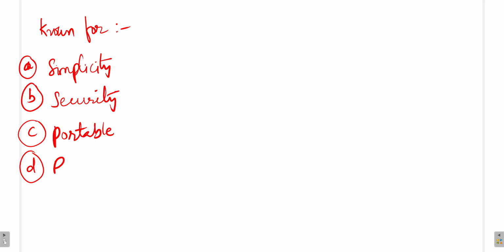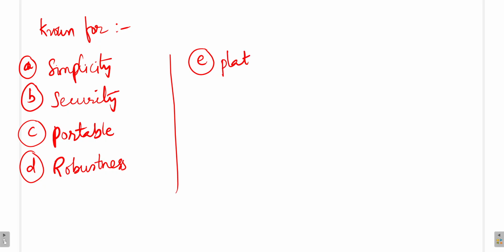The next one is robustness. It is very robust so that we can easily depend on it for developing huge applications. The next one is platform independence. That means irrespective of platform, a Windows driven application based on Java can run on a Linux based operating system, and a Linux based application can run on Macintosh, macOS.